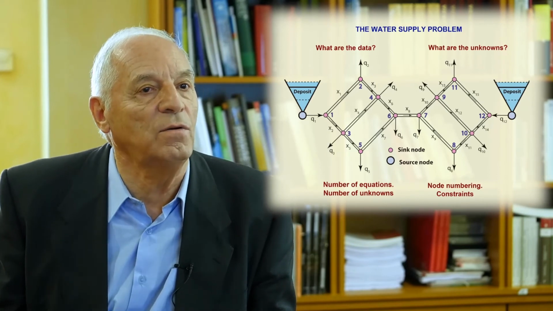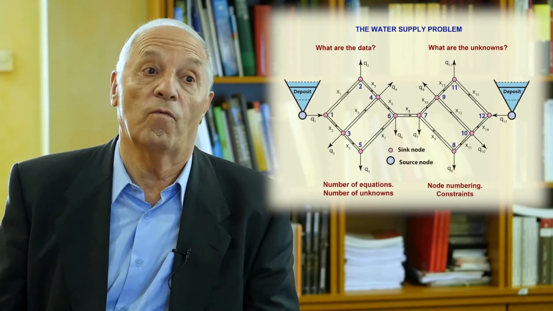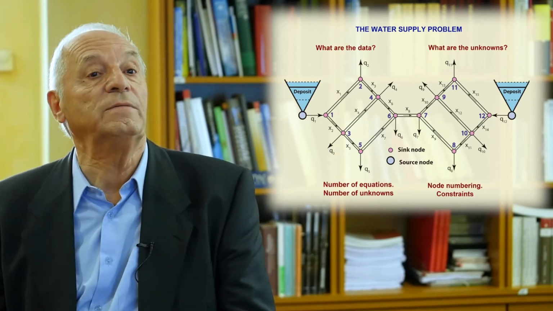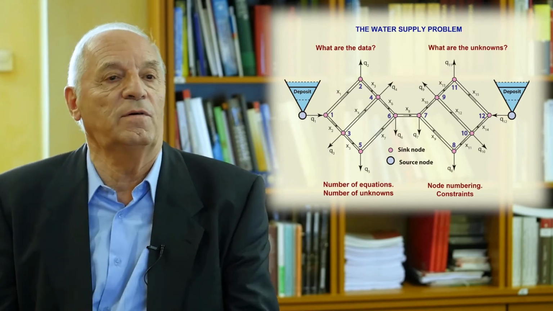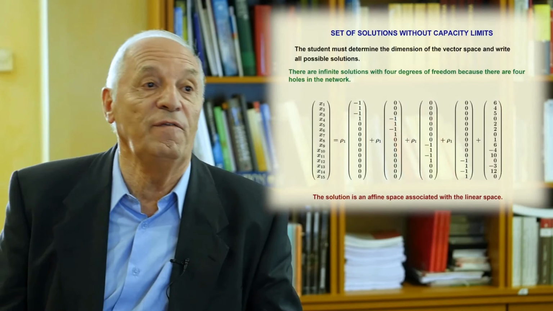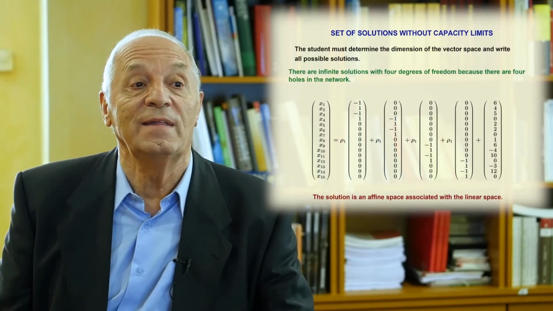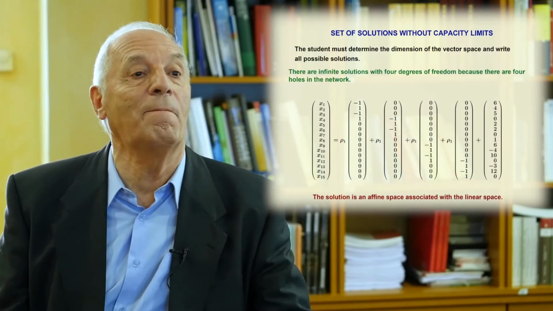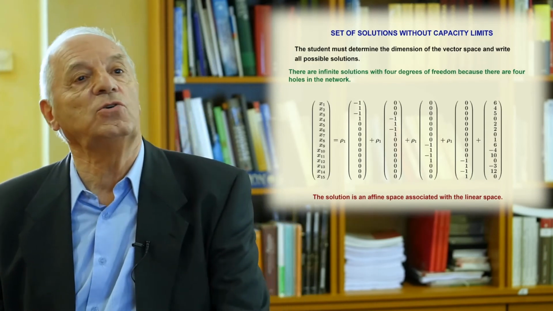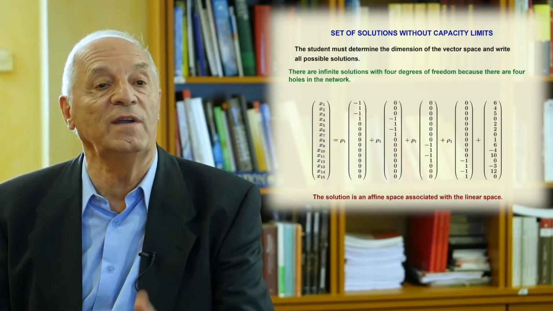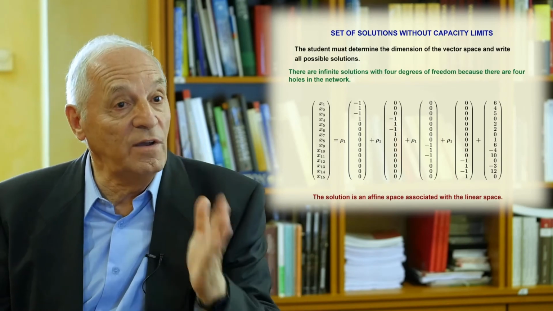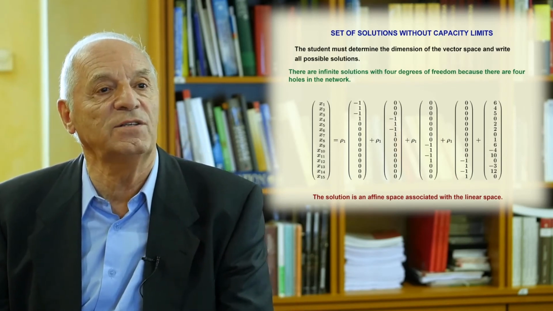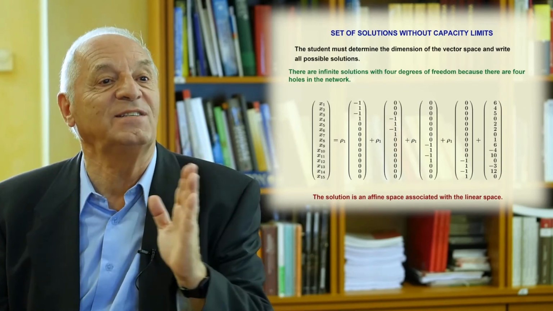And that's all. So we have a system of 12 equations with 15 unknowns. This can be written in matrix form or can be written any way. But the important thing is that because it is a complete linear system of equalities, we know that the solution is an affine space that has one particular solution plus a linear space. So the only thing I need to do is to obtain a particular solution, to determine the dimension of the linear subspace, and then to obtain a basis.